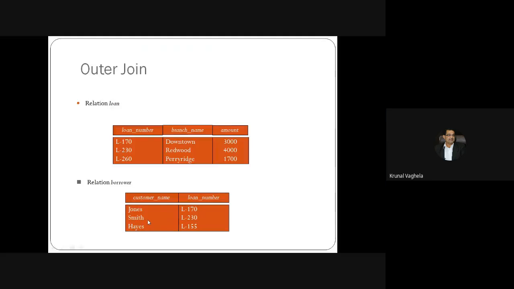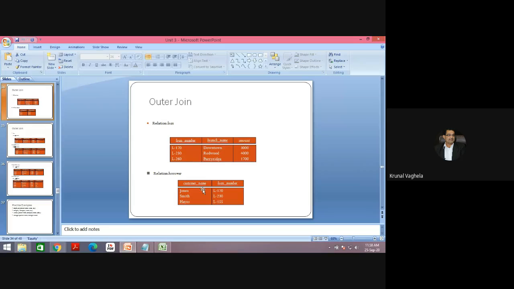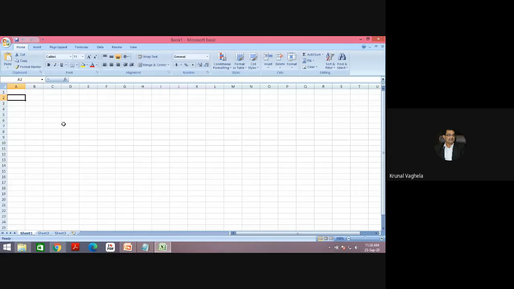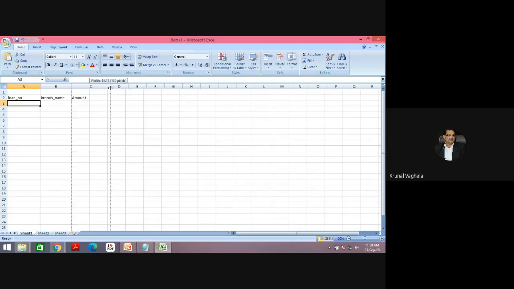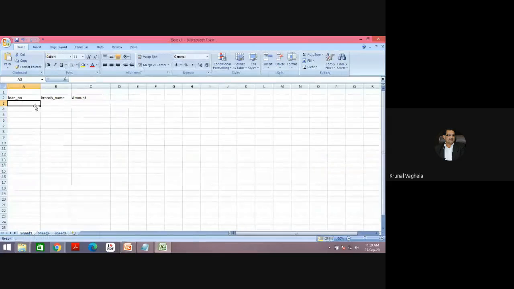So this is your table and I want to perform a join operation first. My first table is loan and the columns are loan number, branch name and amount. Let me put the data also, so you will understand.